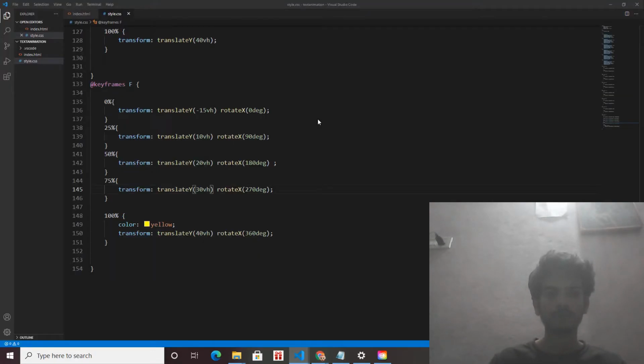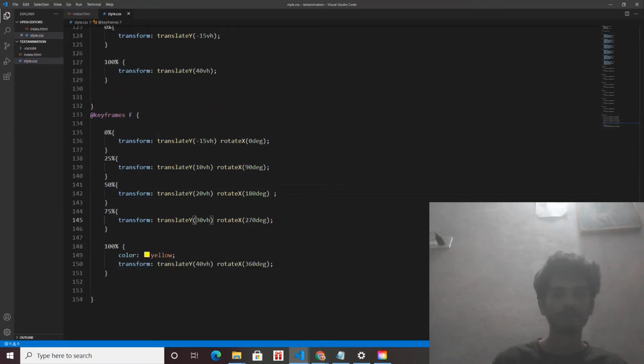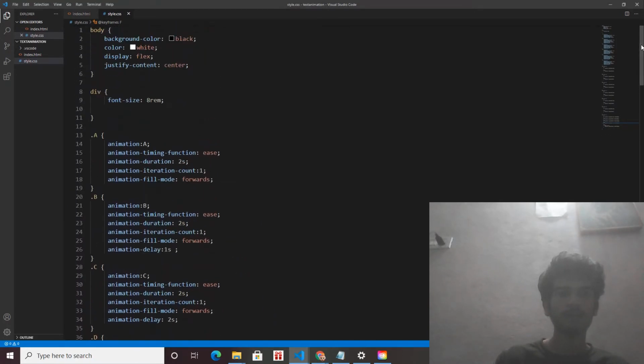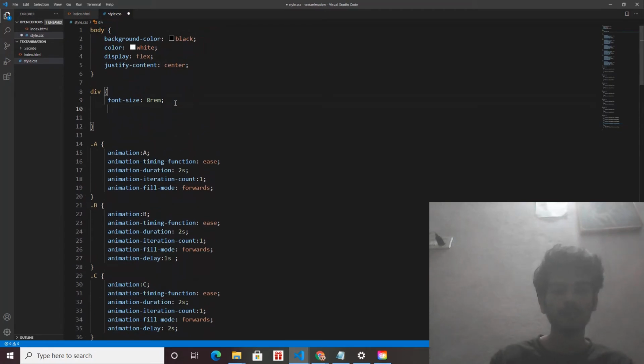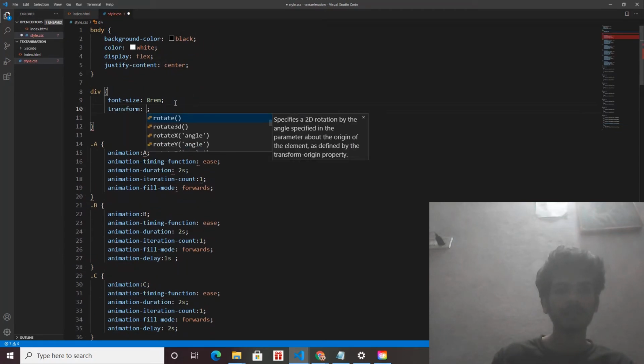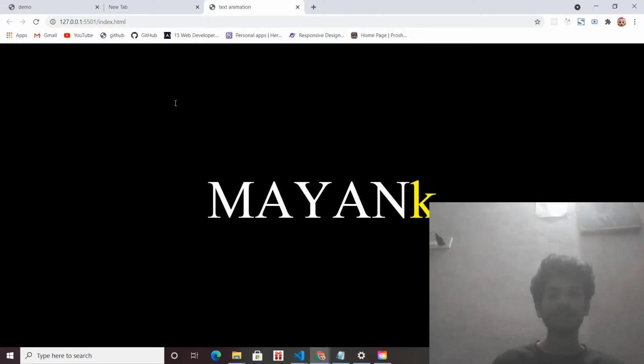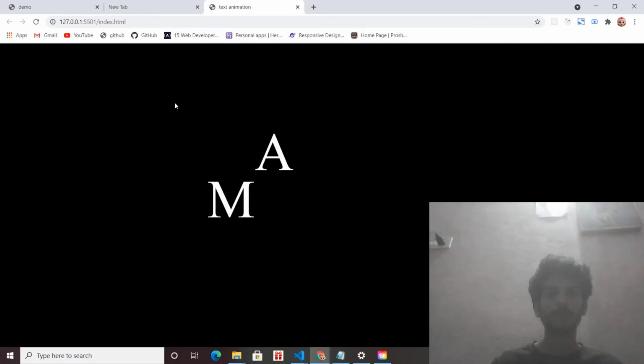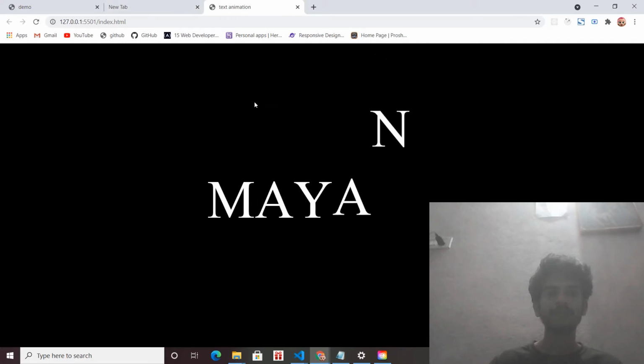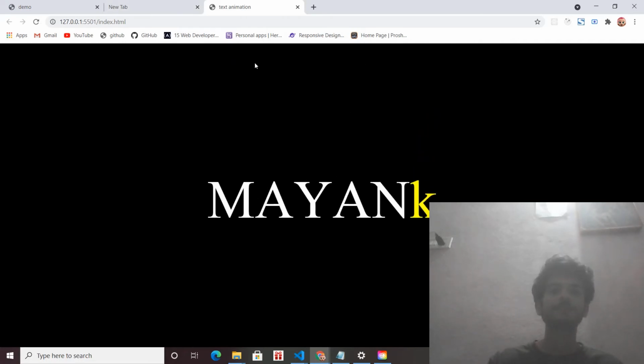Okay, so go to text. What we have to do is simply in the div class name, I am transforming it, translate y minus 20 view height. If I save this, this is the final version. Okay, right, there is no bug right now. It is coming from behind the screen, meaning minus, from backwards to the screen.